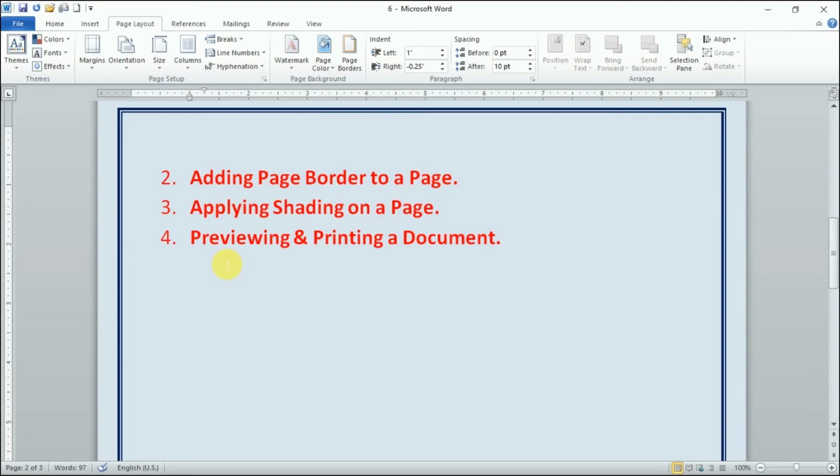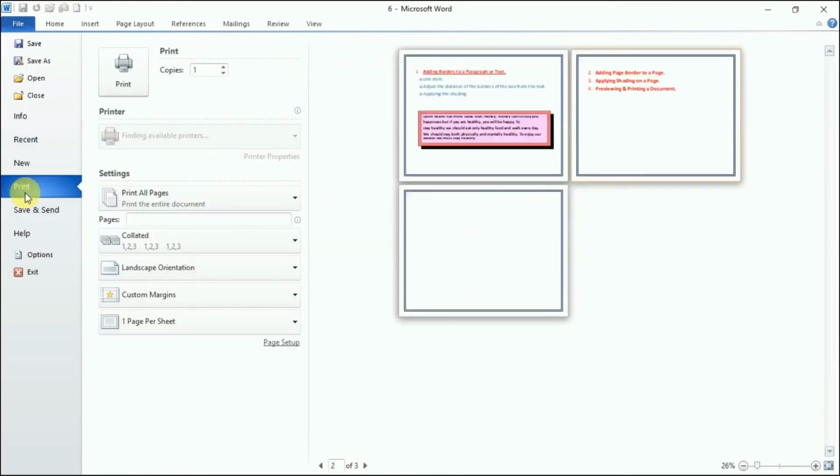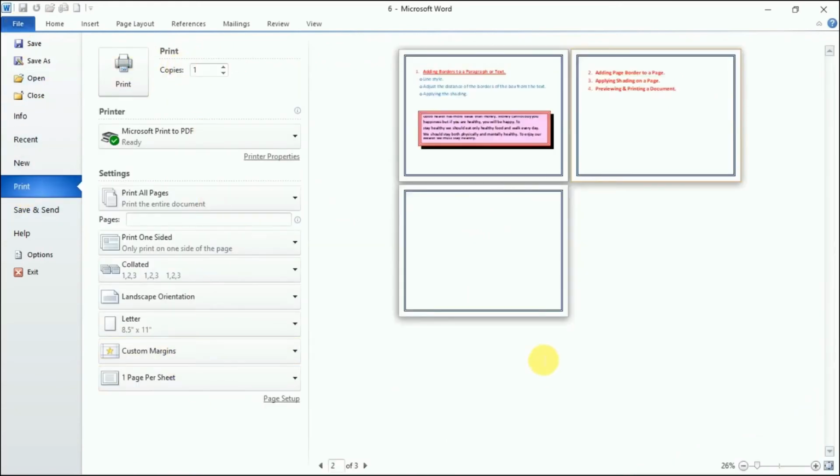The solution for this problem is we can have a preview of the copy, a preview of the paper of which we want to take the printout, right? So it would show how our document would look when it comes out as a printout. I'll go in the file tab and here we have a print option. I'll click this. Now you see in the right side pane, it is showing the preview of a paper, how it would look on the document, right? So from here we can have the preview.